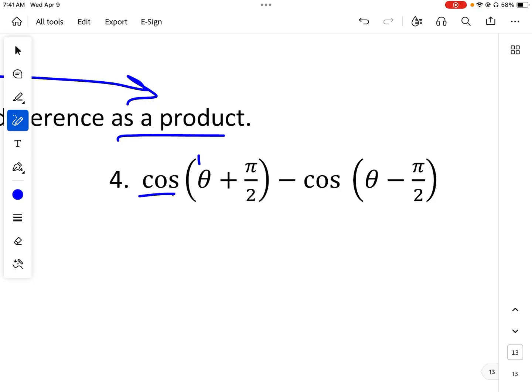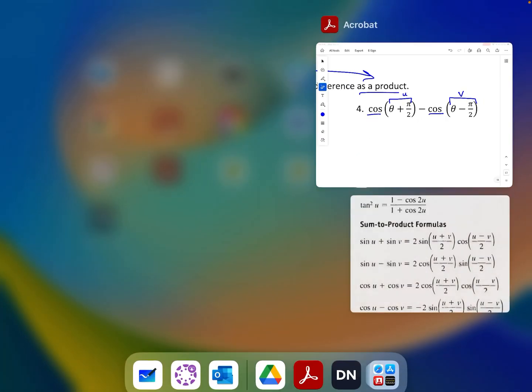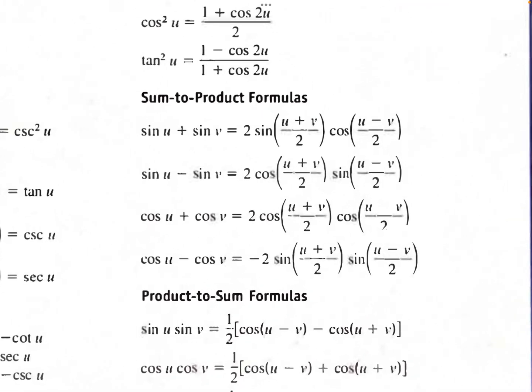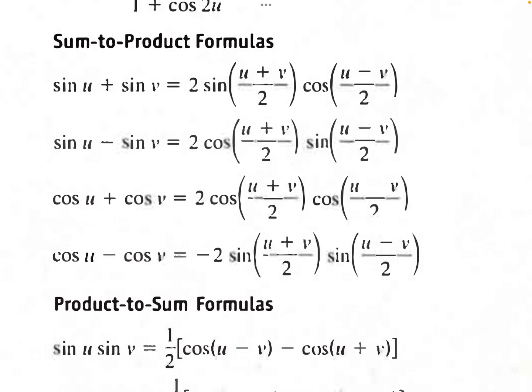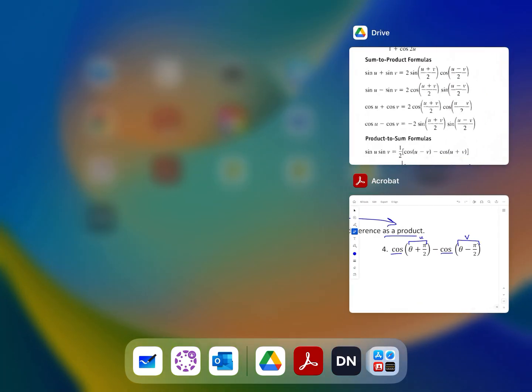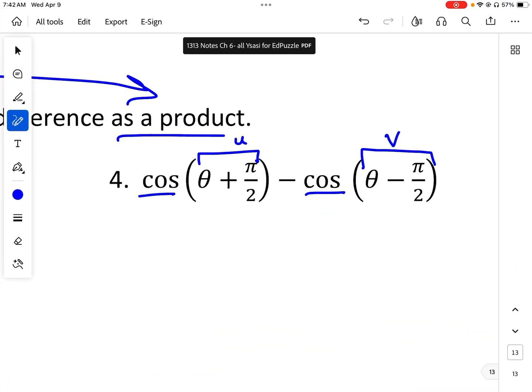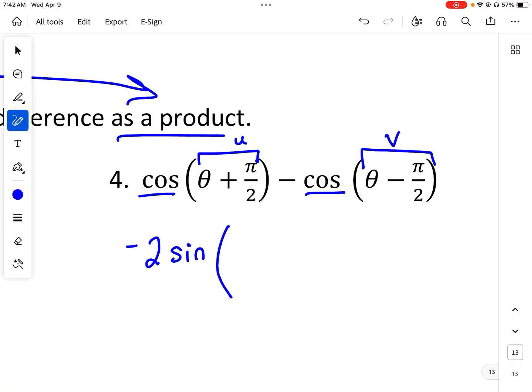Okay, let's look at the next one. This is cosine. Remember, this whole thing is u, and this whole thing is v, minus a cosine. So look at our formula. We want cosine u minus cosine v. Cosine u minus cosine v is 2 cosine u plus v over 2. And cosine u, let's look at my formula chart on my paper, minus v. So you can't really see that. So we write this as negative 2 sine